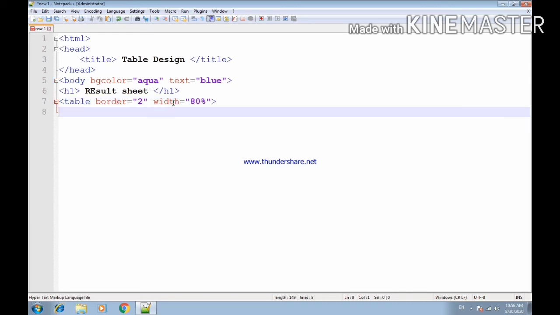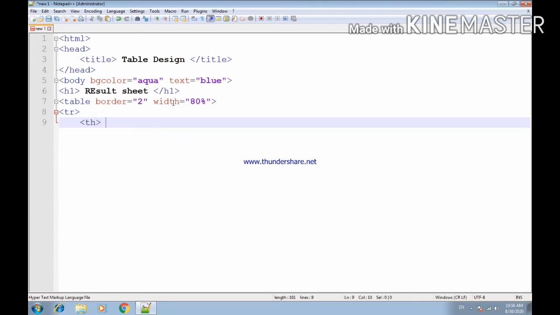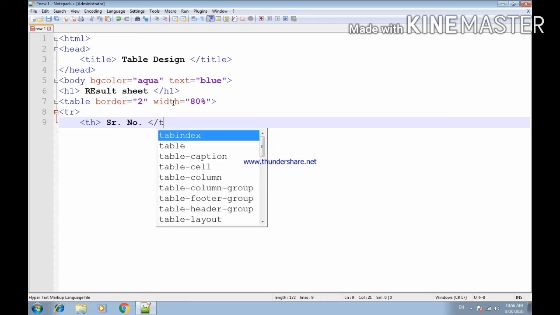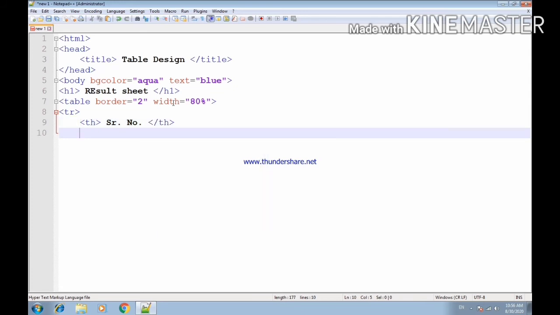I am starting here tr, the first row. So we will use th, serial number, th close. th, name of the student, th close.